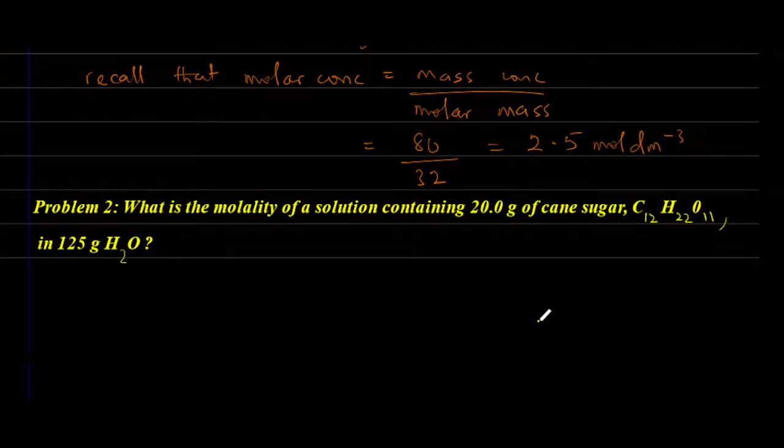So this second problem says, what is the molality of a solution containing 20.0 gram of cane sugar, which has the chemical symbol C12H22O11, in 125 gram H2O? How are we going to do this molality? Let's write the values given. Our given data, we have